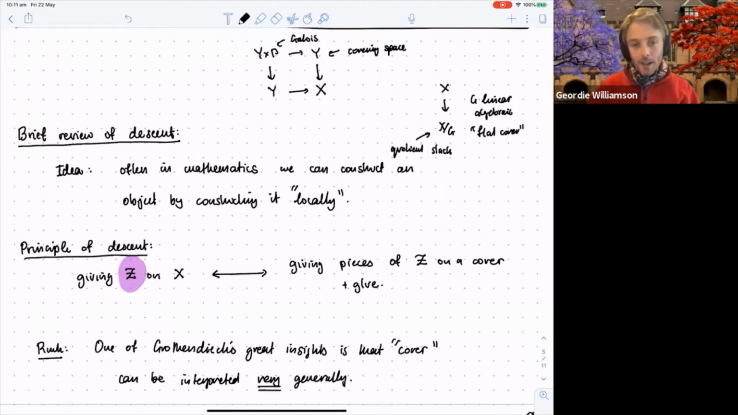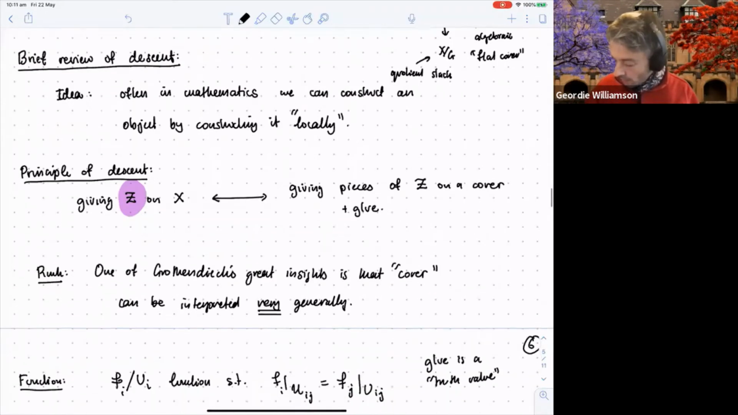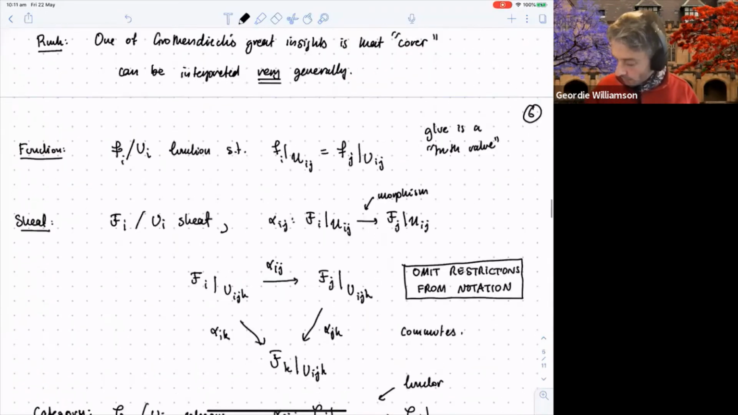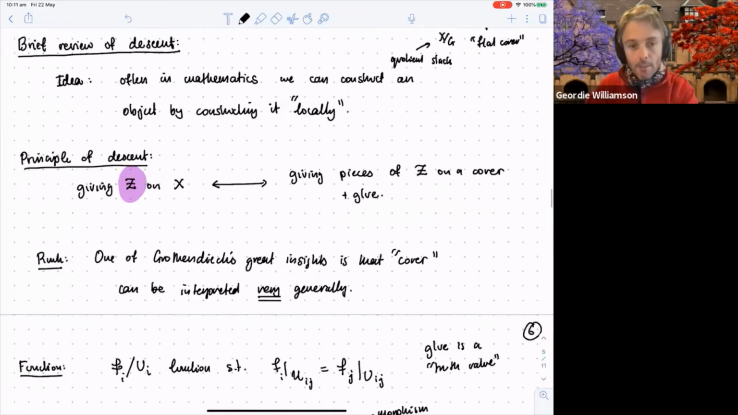And if you haven't thought about these ideas, it's very important to think about them in some detail. So I just want to, what's the silliest example of descent? So if we have an open cover of a space, then to give a function on that space is just